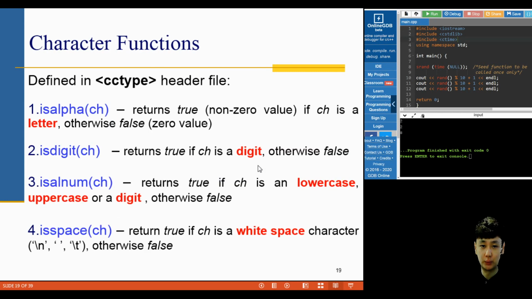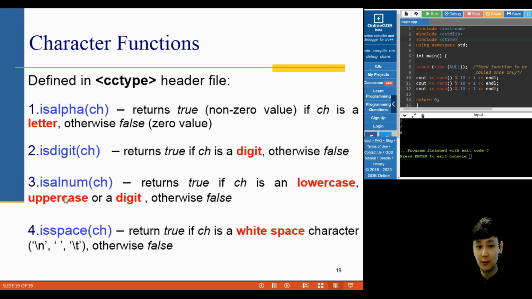Now I'll move on to the character functions. In the previous chapters 2 and 3, we learned about the char data type, where the user can insert only a single char into the variable. Now I'm going to show you some interesting built-in C++ functions for this char data type. In order to call these predefined functions that deal with char, you have to include the cctype header file. Here are some common char functions, such as isalpha, isdigit, isalnum,